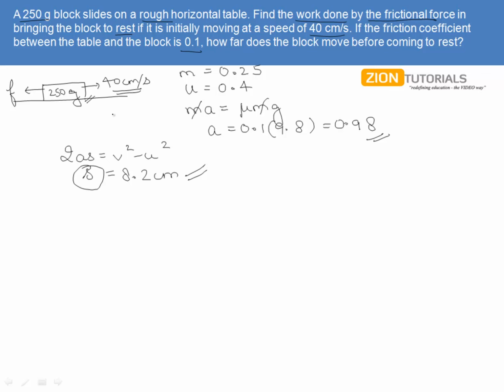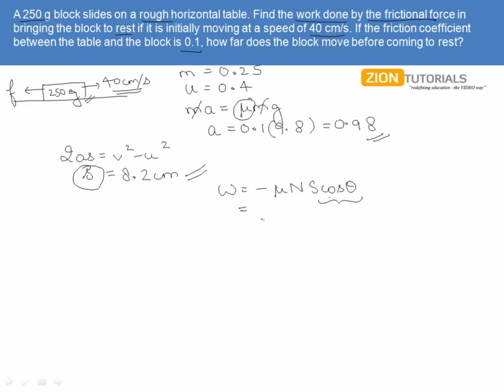So it is very easy for us now to calculate the work done, because the force is the frictional force whose magnitude we can easily calculate if we have mu and mg as we know. So work done equals minus, because the force and the motion are opposite, mu N, where N is the normal reaction, times s times cos theta. Now friends, this time we will have to take cos theta equals 1. In case you don't consider this minus sign, then cos theta will automatically become minus 1 because of 180 degrees. Now you will have to take it as 0 degrees because you took the minus sign, right?